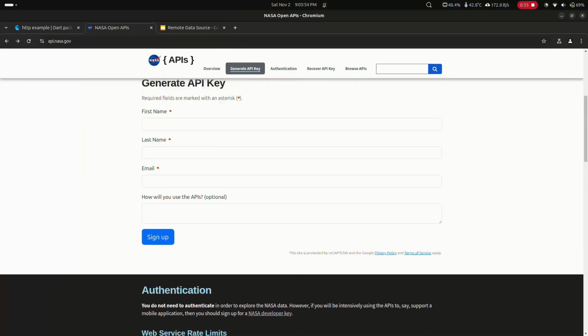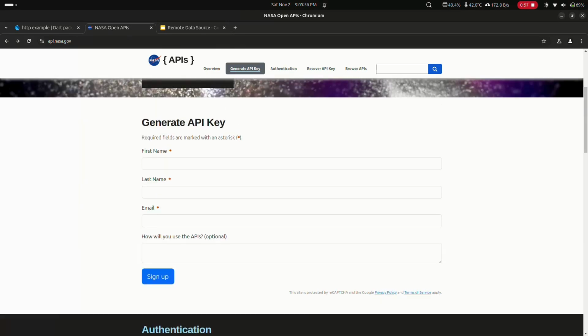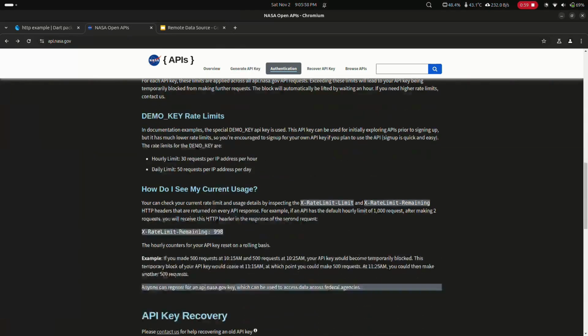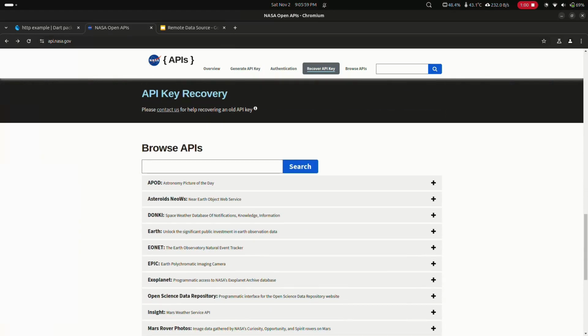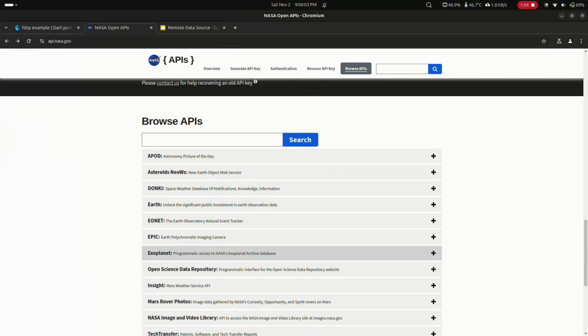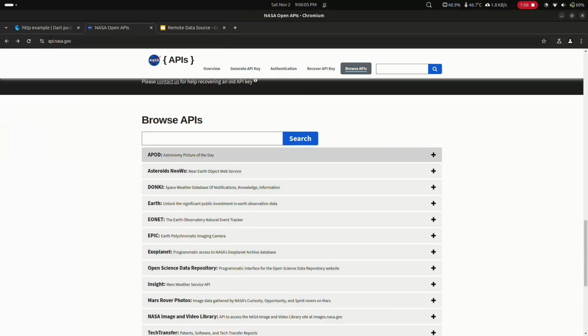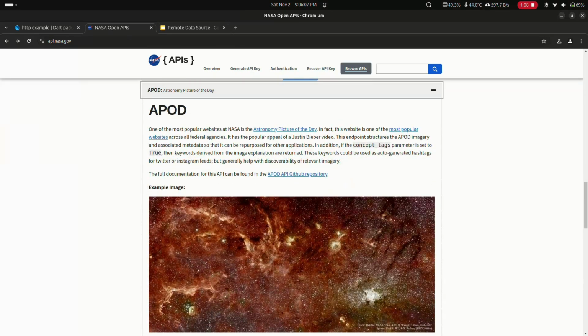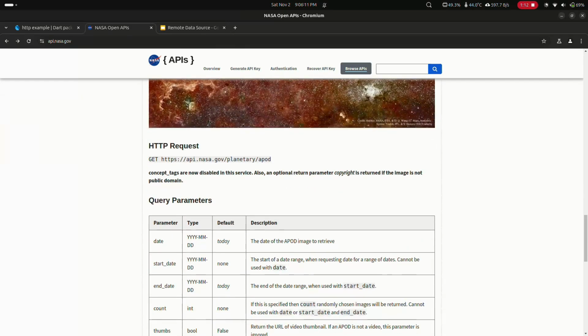So you'll generate an API key here, which is going to be very important. You have multiple free APIs in NASA over here, as you can see, but we are going to be using the astronomy picture of the day. This is going to get NASA's picture of the day, and it's a GET request. Obviously we are only going to be working with GET requests today, just to give a demo of how APIs work